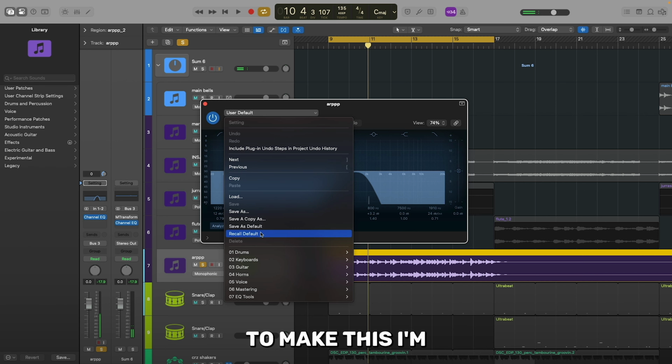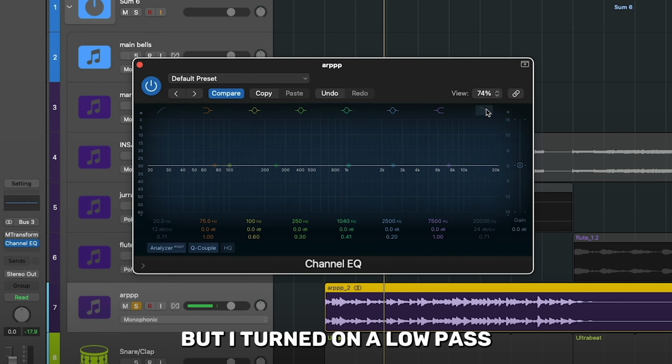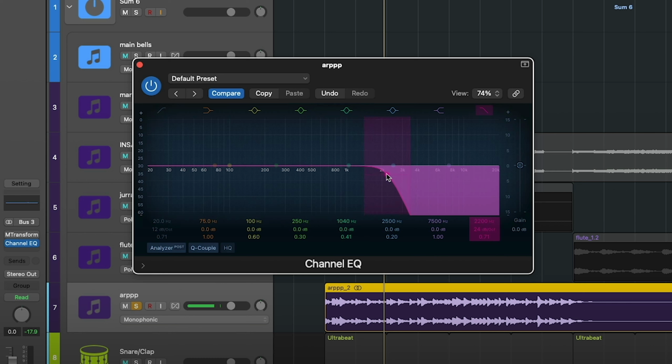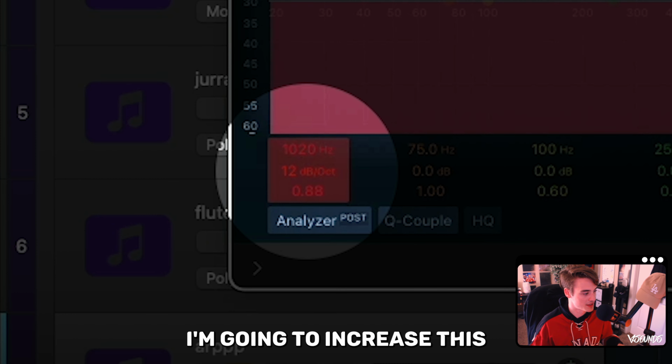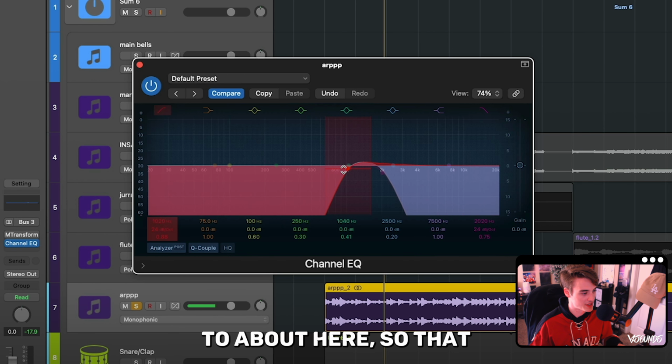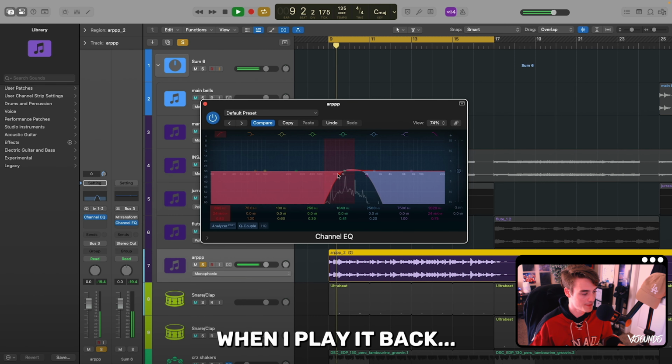So what I did to make this, I'm just going to recall default, but I turned on a low pass filter here on the right, scooped that down to like 2000 here, and then did the same with a high pass filter over here on the left. So I just moved that up to like 1000, and then in order to increase how sharp this cuts off, I'm going to increase this decibels per octave to about here so that when I play it back,